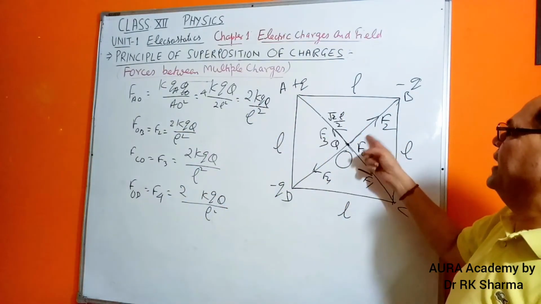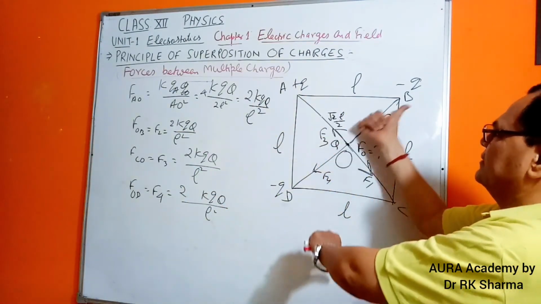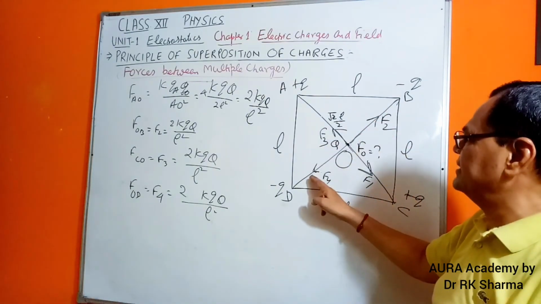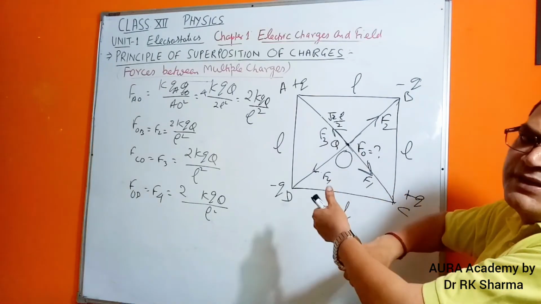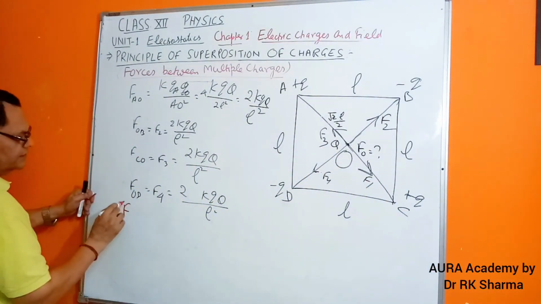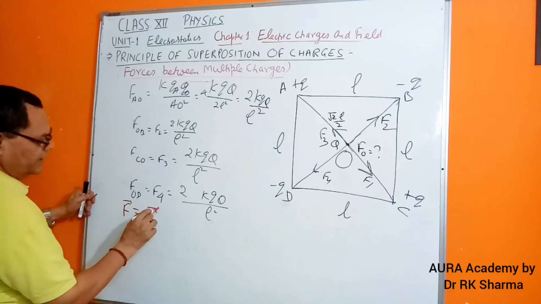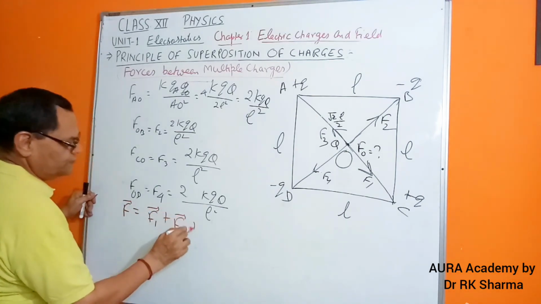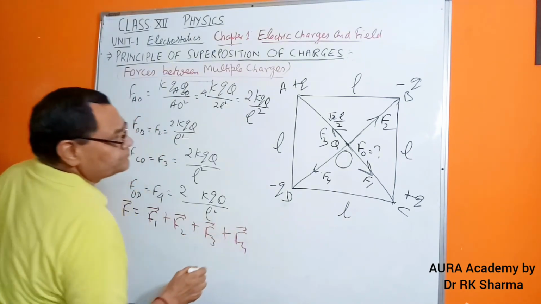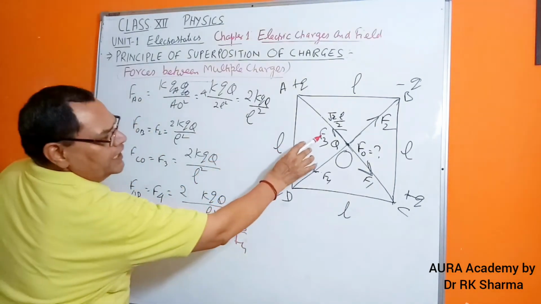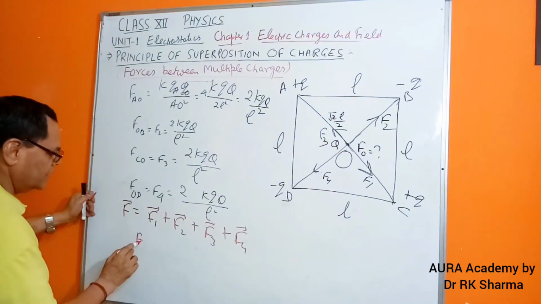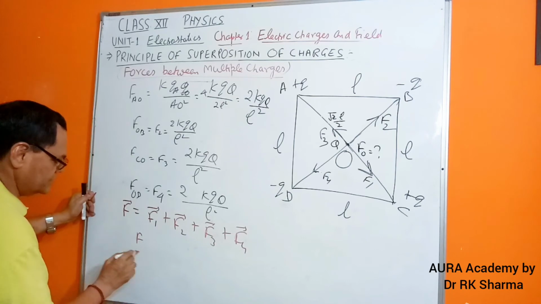Incidentally, all the forces are coming equal. So when you think about F2 and F4, they are equal but in opposite direction as well. So they will nullify each other, and even these two will also nullify each other. So when you write, the total force will be equal to F1 vector plus F2 vector plus F3 vector plus F4 vector, okay? So you will say F3 and F1 are equal and opposite, but their values were equal, that is F, okay?